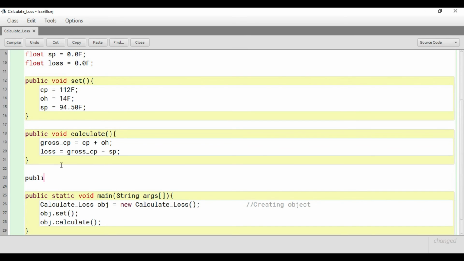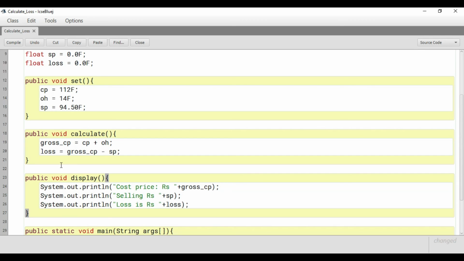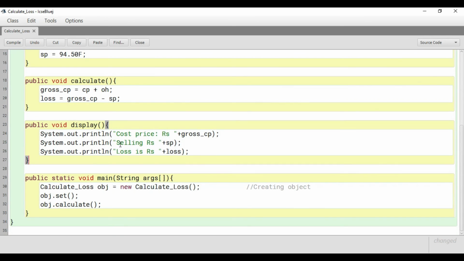So you can create another function, public void display. Since you have already calculated, you put the name of the function and just paste the statement over here. See, these lines are something that I'm appending, so they are not there inside the function yet. Okay, so I'm just editing my program, and now don't forget to give a call to the function. So here's my function statement. So this is the name of the function, so just put the function name right over here and save it.